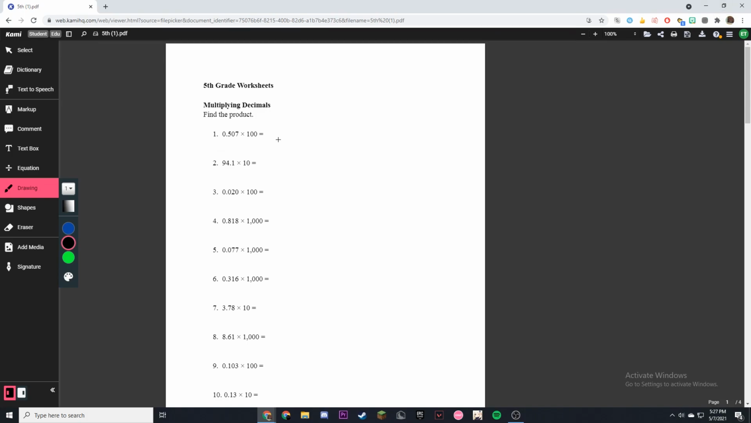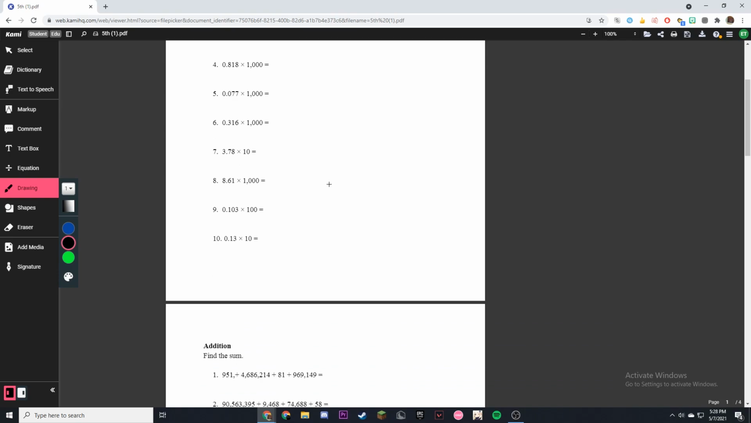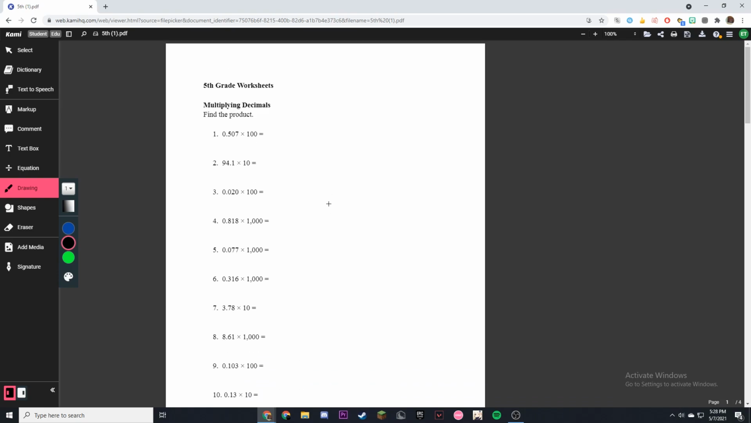Today, we're going to be learning how to multiply decimals, addition, rounding, and division. I'm going to be doing example prompts from each paper, and you'll do the rest. So for number one, we have